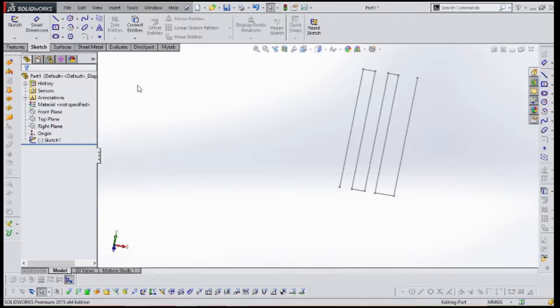Most of the workflow will be done using this command manager only. These lines here represent the groups. This is one kind of group, which they have given by default. These are sketch tools to draw. These are trim, convert, etc. Here we see some patterns, mirrors, etc. Likewise SolidWorks by default has some groups.